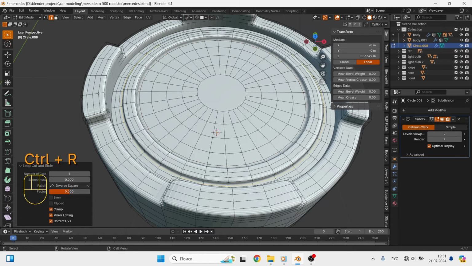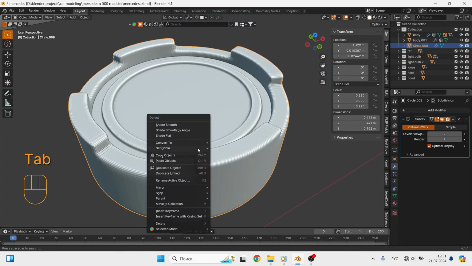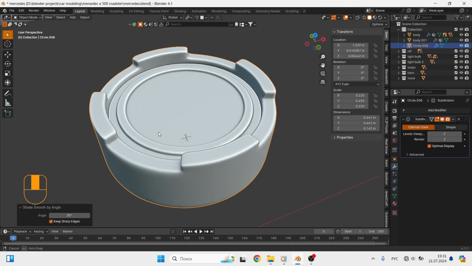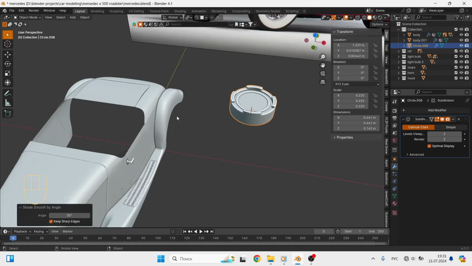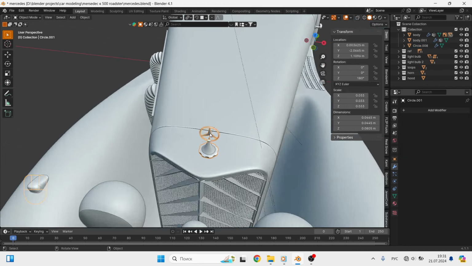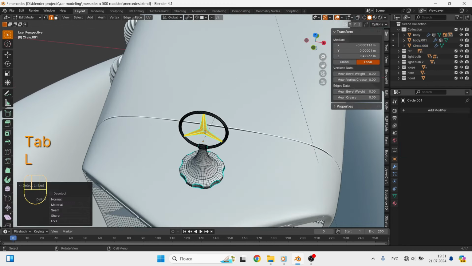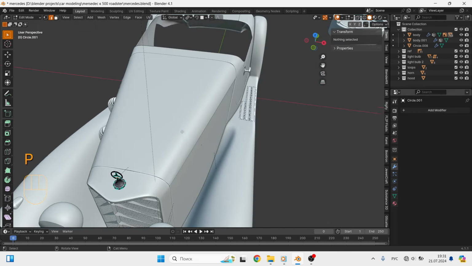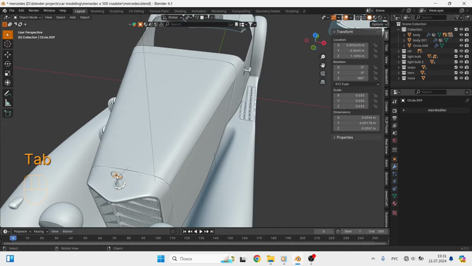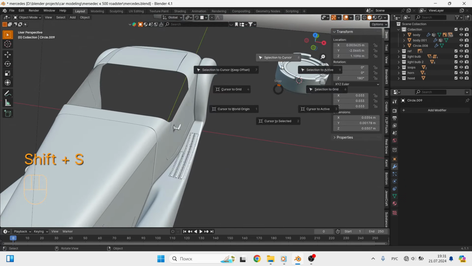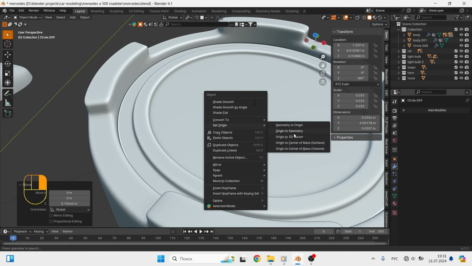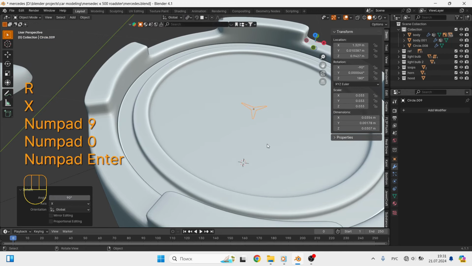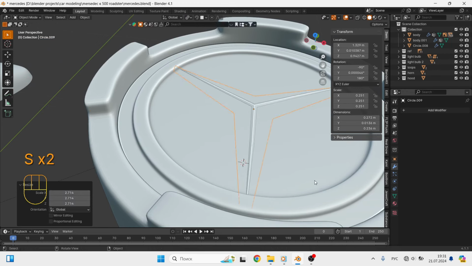Here, the detail is almost ready, we just need to copy the Mercedes logo from the main icon. To do this, go to Edit Mode and press the L button to select the detail. Copy and separate it. Then lightly press Shift S to move the selection to the cursor. To start working with the logo, you need to set the origin point in the center of the geometry and then the logo can be rotated, it is more convenient.